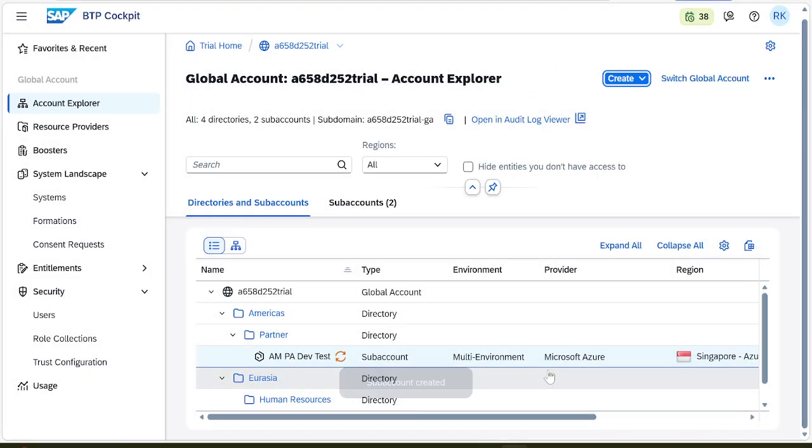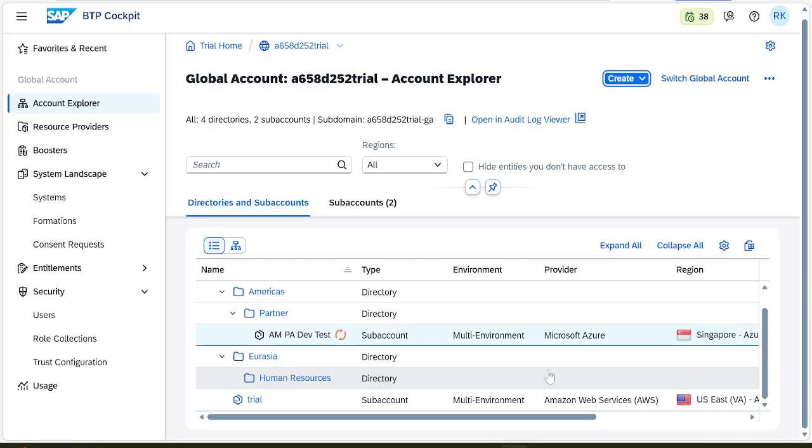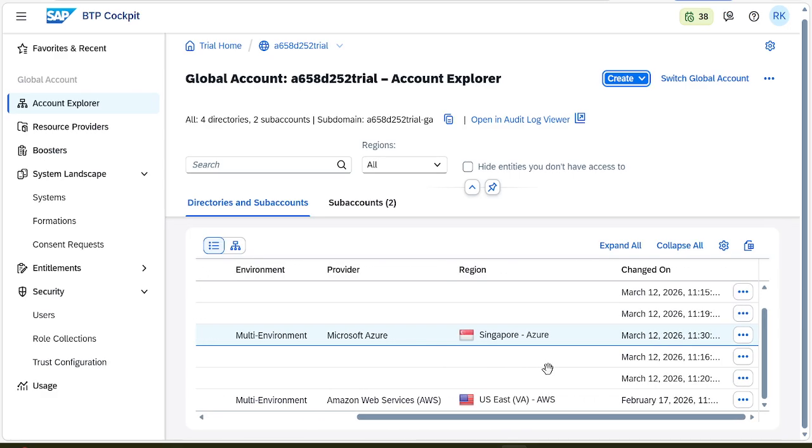So this sub account is getting created. You can see it's getting created. Wait for a few seconds. AMPA dev test is getting created inside the partner directory. And now it's created.